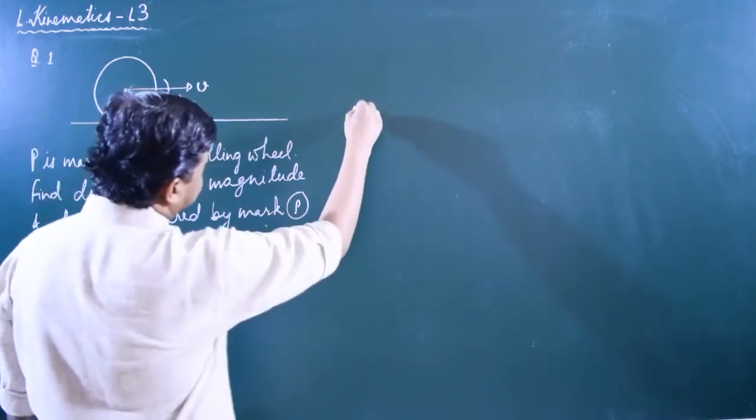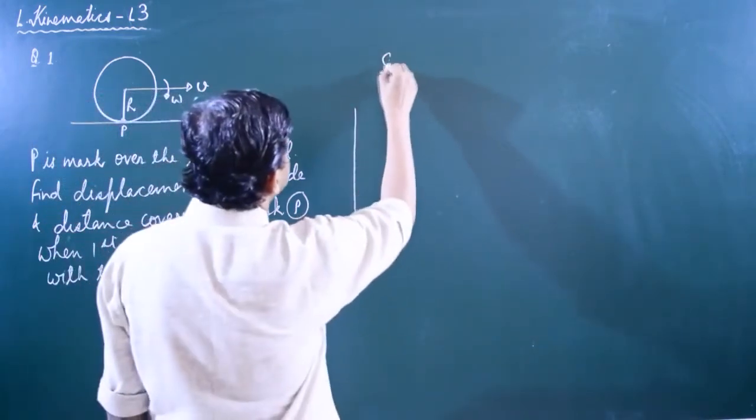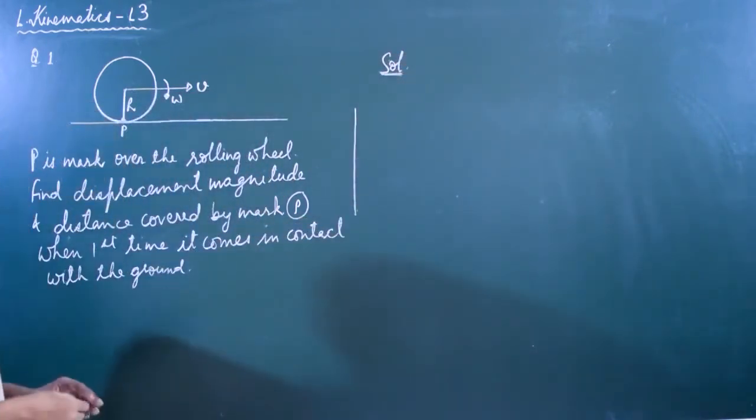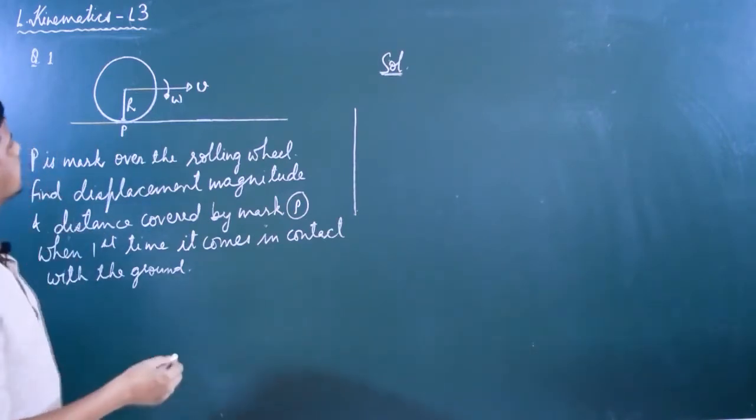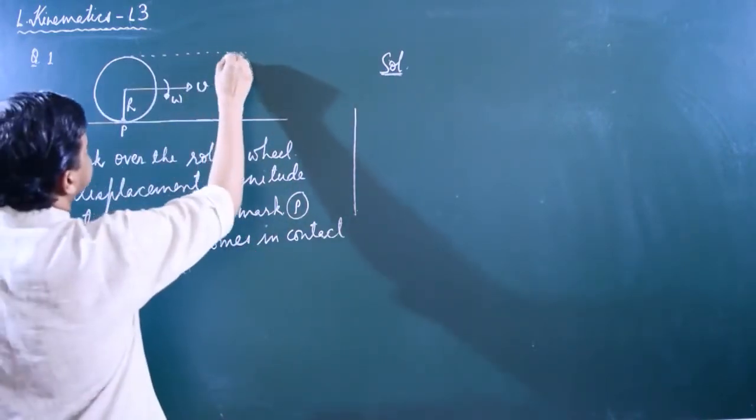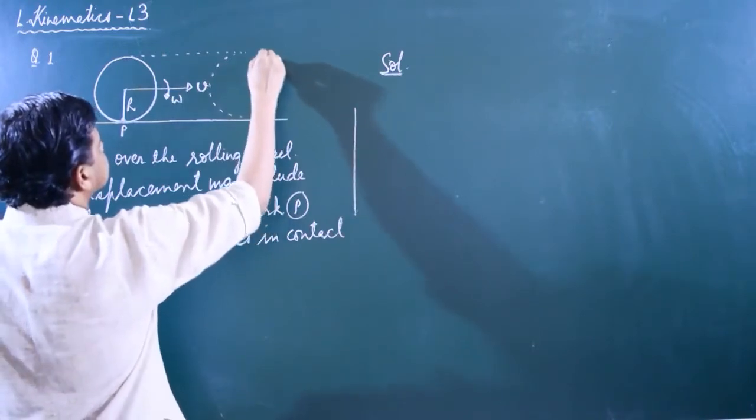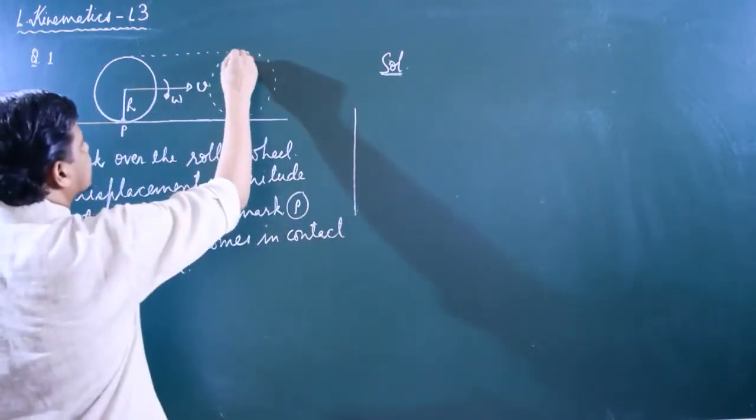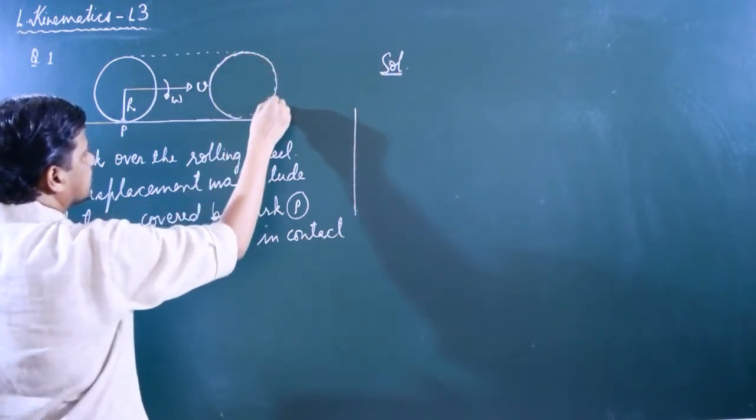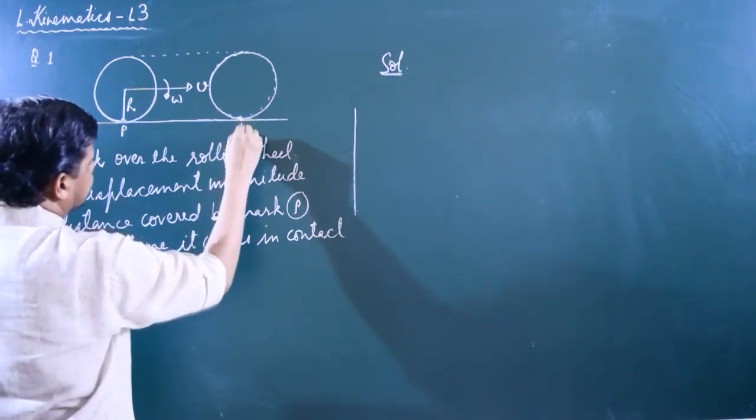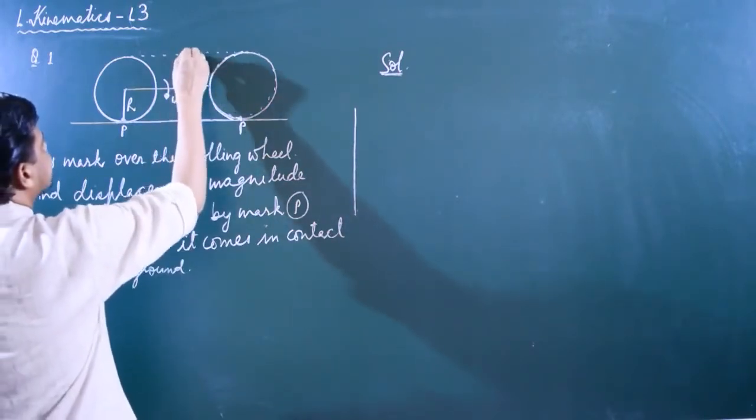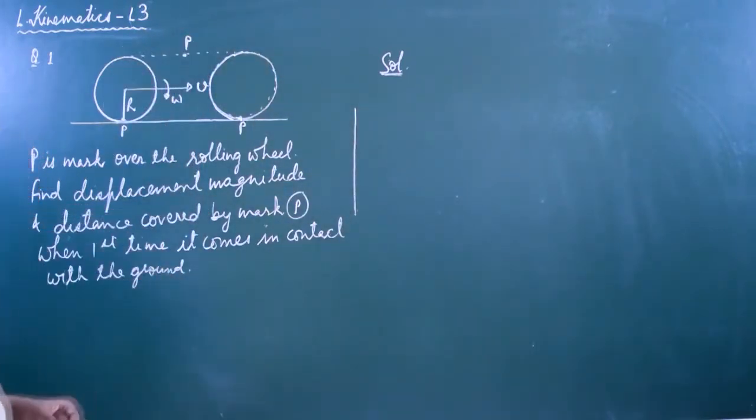so we come to the solution. You visualize the rolling wheel. Okay, say first time the point P, mark P of the wheel comes in contact with the ground and after time T, in between, P will come to the highest point. Okay,